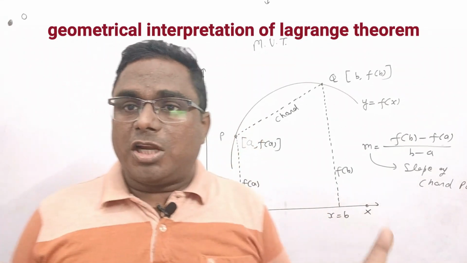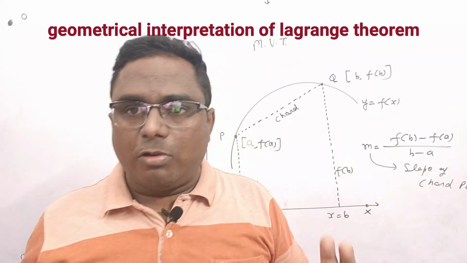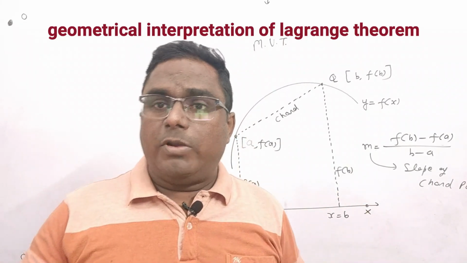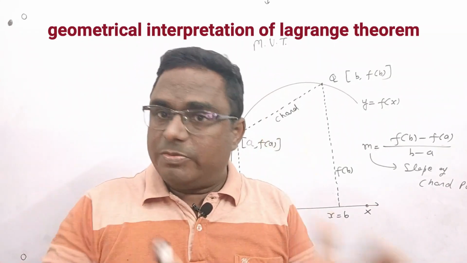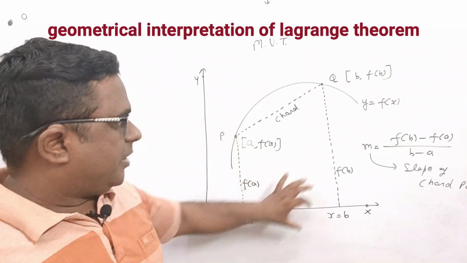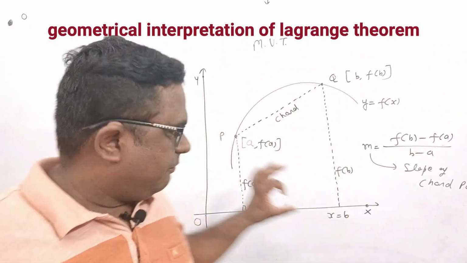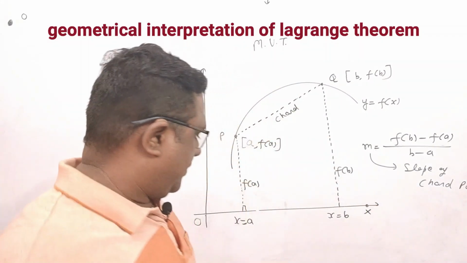And I will not bother about the values of fa and fb. They may be equal, they may be unequal. I will not say anything about them. But when I teach you Rolle's theorem, then I will say that fa and fb must be equal. So here in this diagram, purposely I have drawn fa and fb of unequal values. fa is smaller, you can see, and fb is higher than fa.